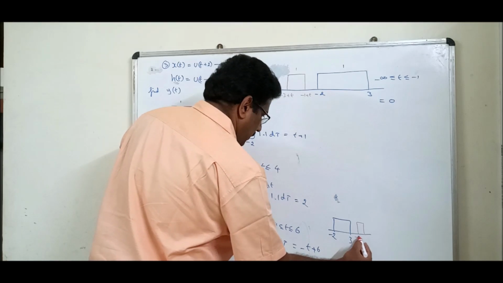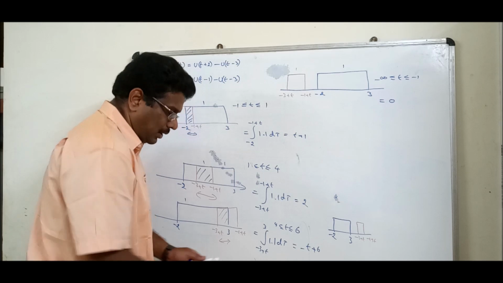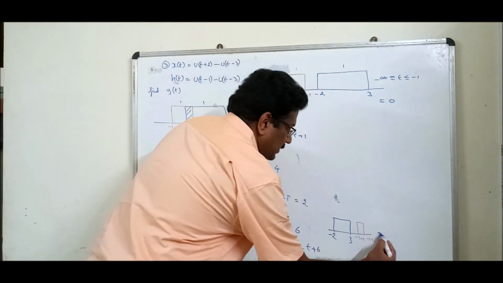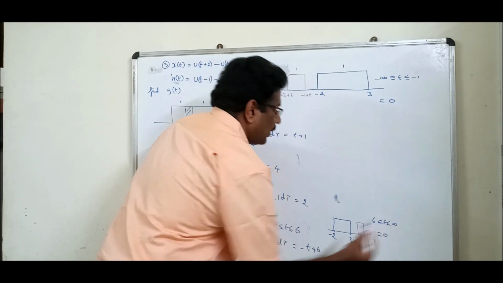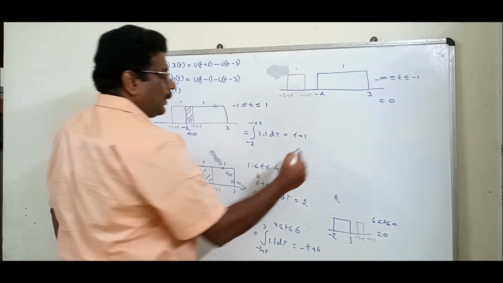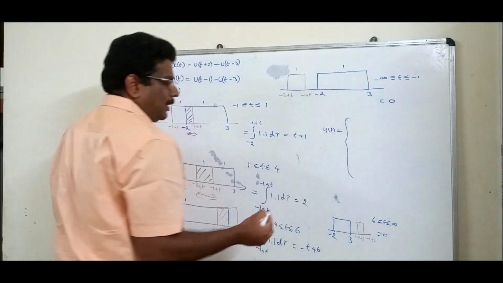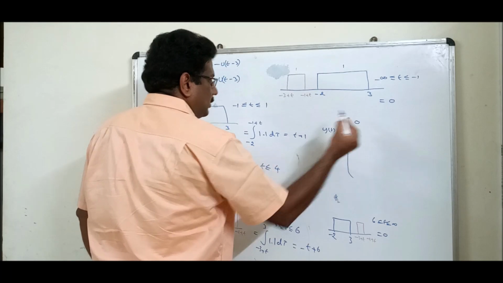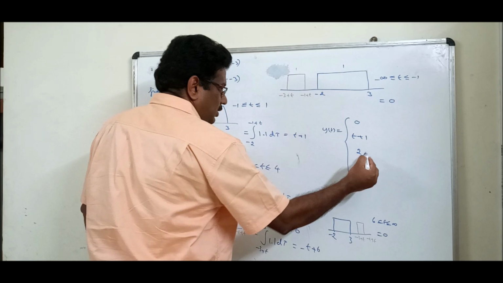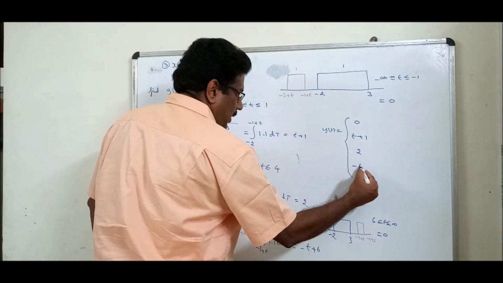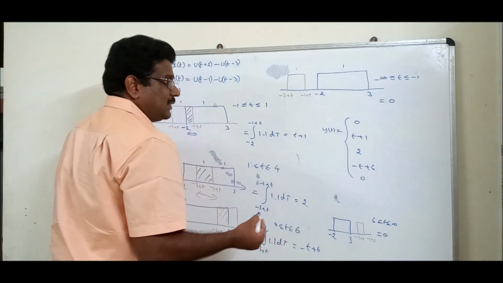Yes, minus 3 plus t to minus 1 plus t. Okay, it is the 5th type of amplitude. Definitely its value is 0. From where to where? It will be 6 to infinity. Now, what is the final conclusion? The final conclusion is 5 types of amplitude. First is 0. Next is increasing, t plus 1. Next is constant, 2. Next is minus t plus 6, which is a negative slope. And last is 0.